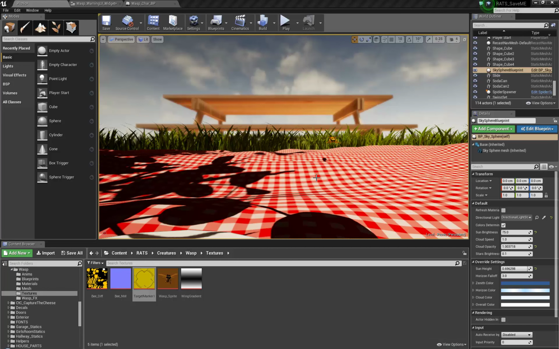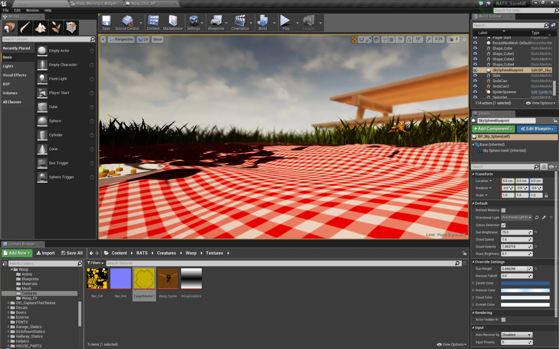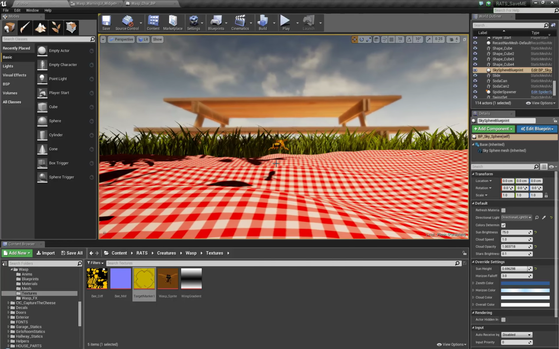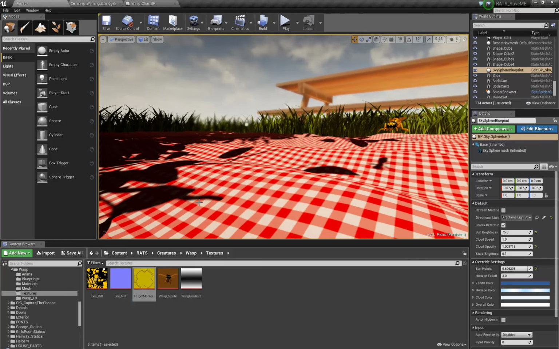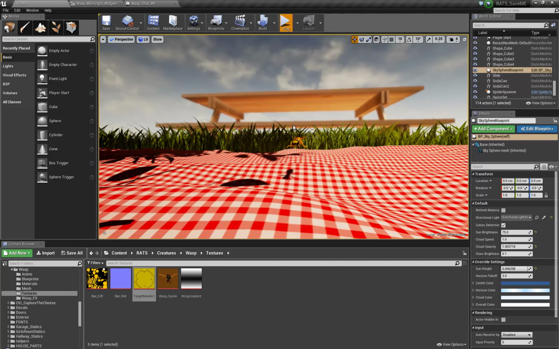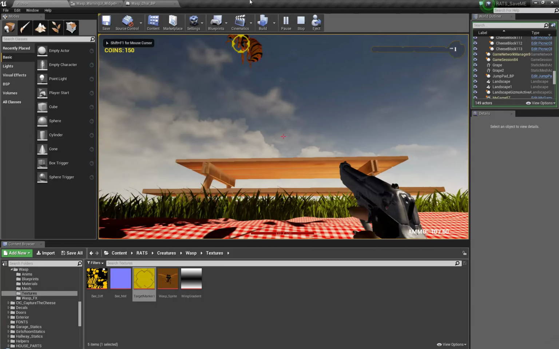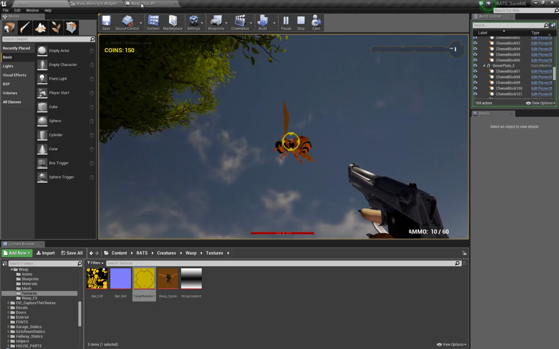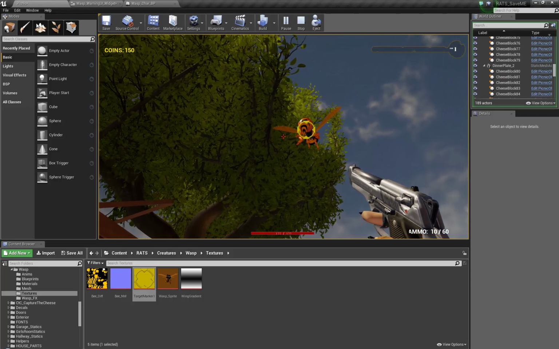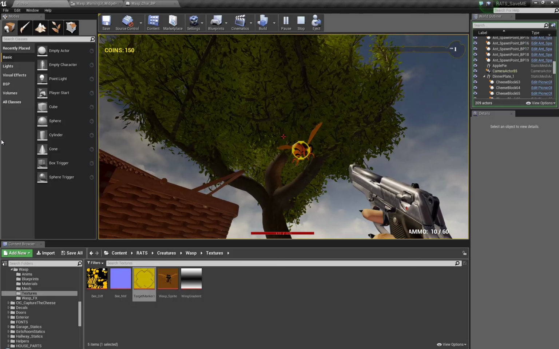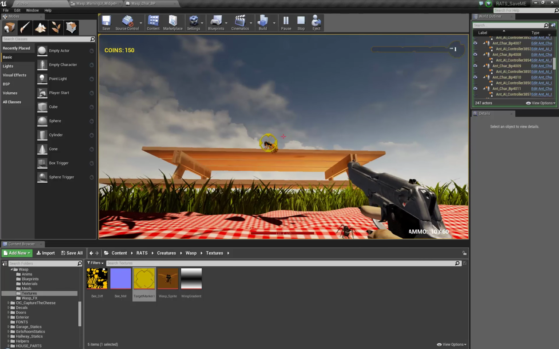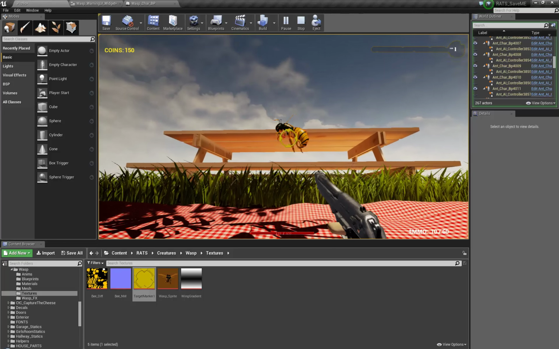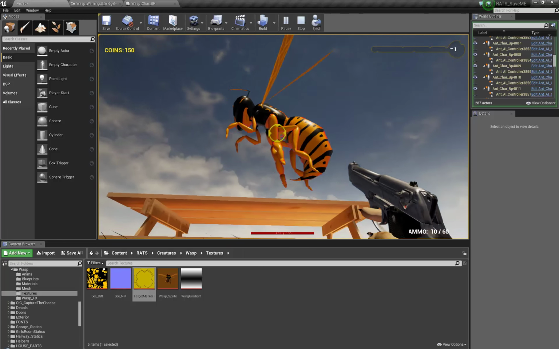What's going on, everyone? Hitballs here with a fairly quick tutorial slash rundown of a pretty cool thing I got going on here, which is a UI marker that tracks something in world space and projects it to my screen. So if you look here, you can see that on this bee I actually have a little circle icon going around him, and you can see that as I get closer to him and whatnot, it stays the